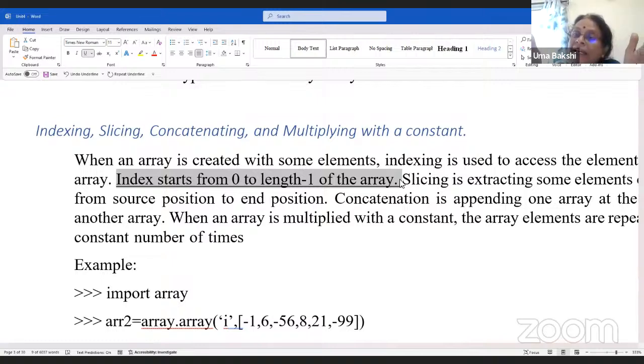Suppose if you have 10 characters there, how do you give the index? The first letter, how do you tell the position? It's not starting with 0, it starts with